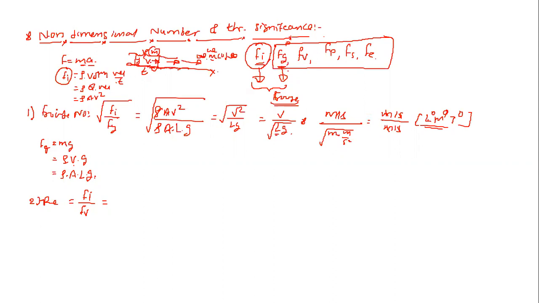In the form of physical parameters or variables, we can say the inertia force is rho A V square, whereas the viscous force, that is Fv, is due to the shear stress and area. It is a product of shear stress and area. Shear stress is tau into the area A. So area gets cancelled. What remains? Density into V square divided by the shear stress.